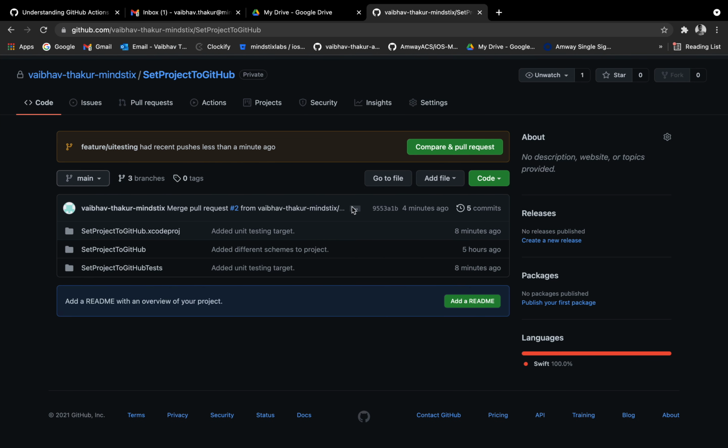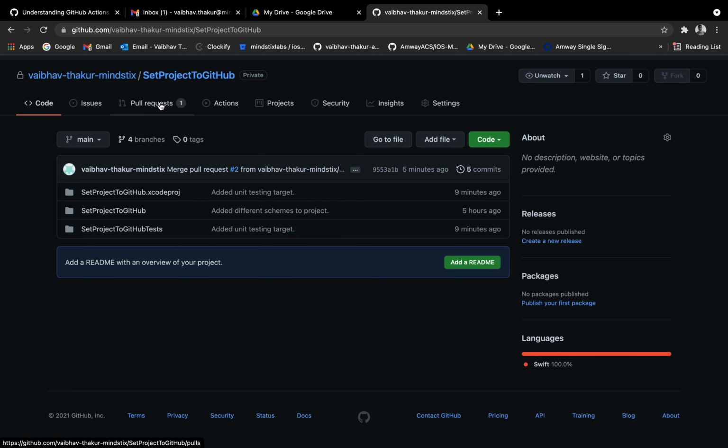The pull request has been created. Let me refresh the page, and here you can see a new pull request has been created.